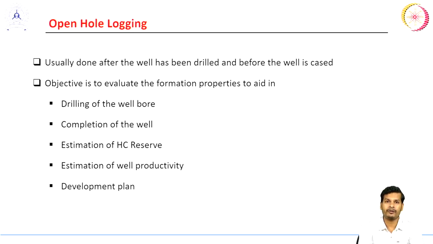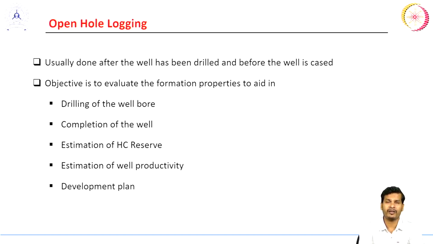So the plan could include how many wells to be drilled, what should be the location of the wellbore, what should be the acreage or the spacing between the wellbores, and at what rate a reservoir should be produced. Those things of optimization can only be done once we have gathered the information about the reservoir